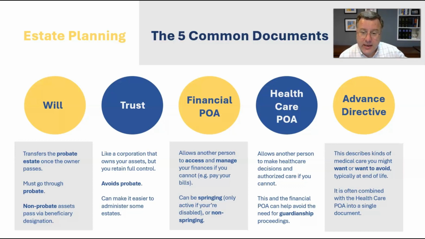it's very important for this incapacity planning that we have the legal authority for somebody to step in and be able to do that, because if we don't have these documents giving somebody authority to do things for us, if we become incapacitated, then we have to go to court, and that's where we have proceedings like guardianship proceedings or conservatorship proceedings, because now the court has to appoint somebody to manage our affairs. And that is a much more complicated process, much more involved, more expensive, and it's something we can avoid by using these two fairly simple documents.